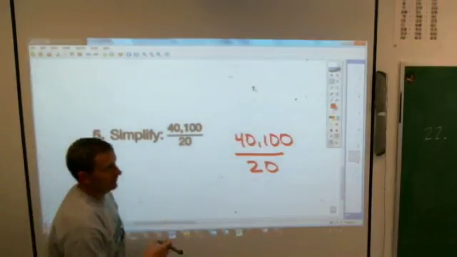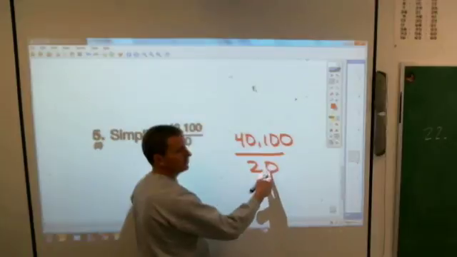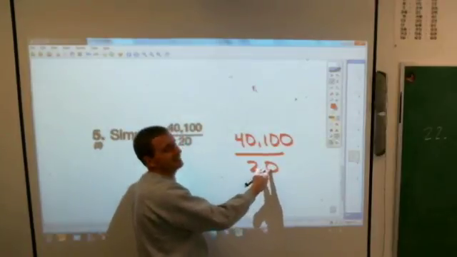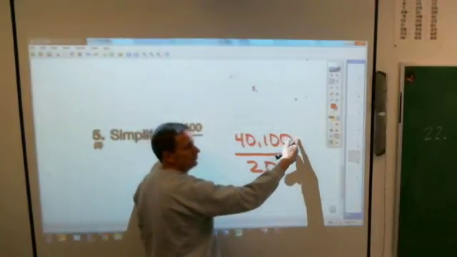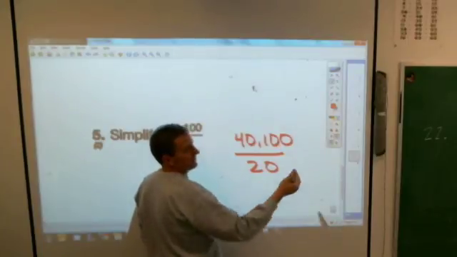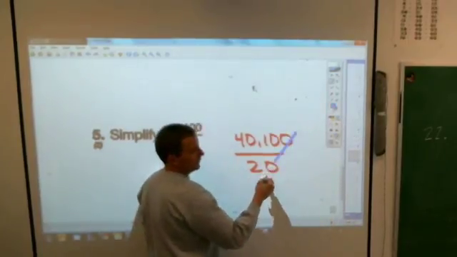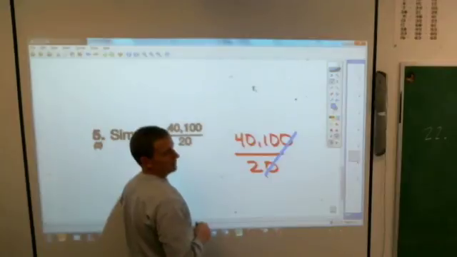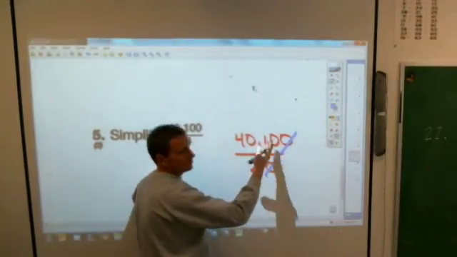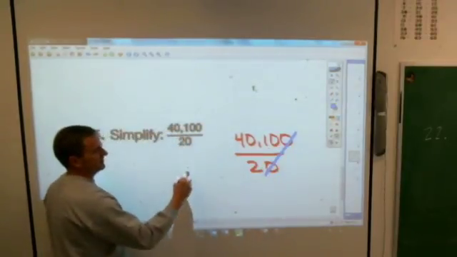a little thing in math, you can cross off 1 0 on top with 1 0 on the bottom because that's the same thing as dividing by 10. If you reduce this and divided both top and bottom by 10, these go away. Take my word for it. Then you can either reduce or divide by 2. Either way, you're going to get the same thing. So now it's